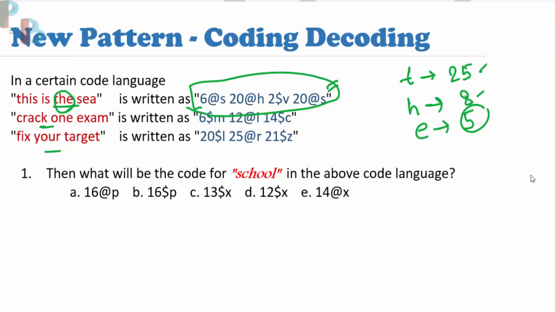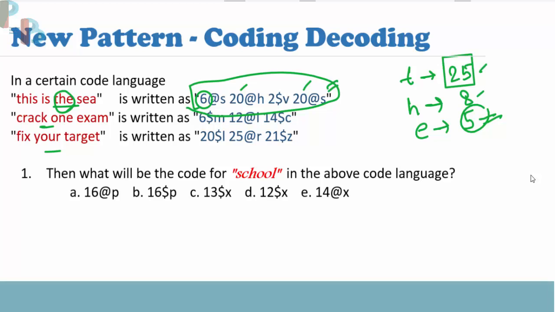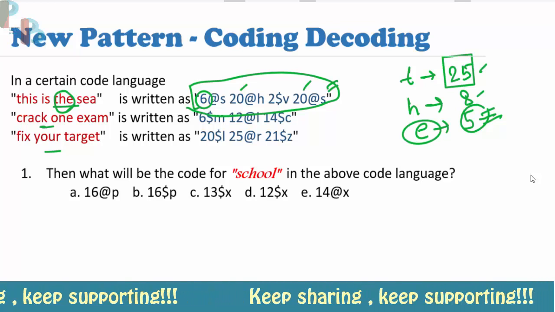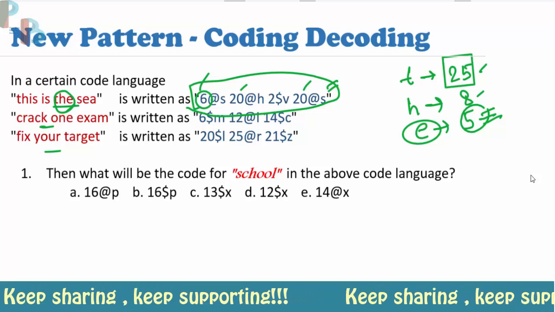Now look, if we are looking at 5, the nearest term in this code will be 6, right? There is no term as similar to 5 as 6. And if we take 20, then we may consider this 20 to be correct. Now as 6 is much nearer to 5, let's say E is the code for 6. We may assume that if 6 is the code for E, then